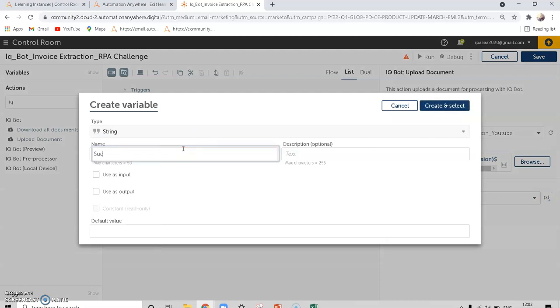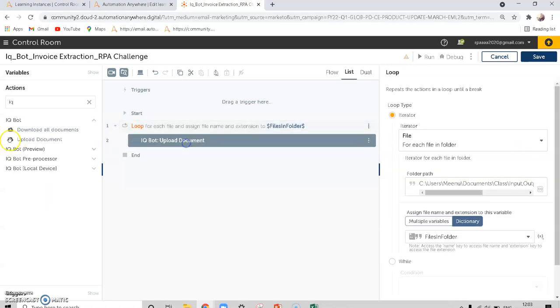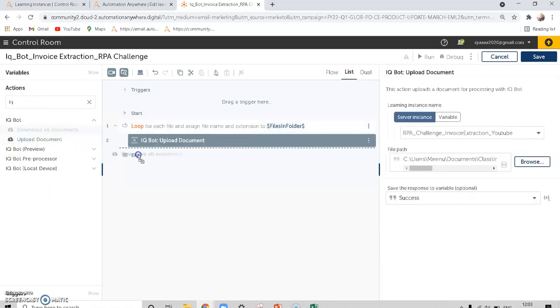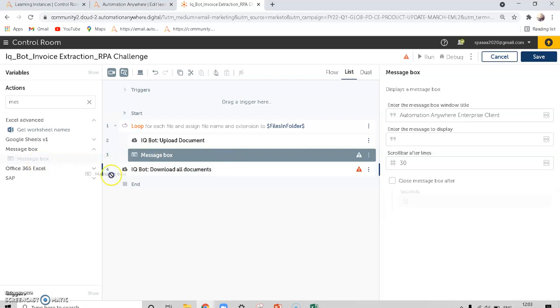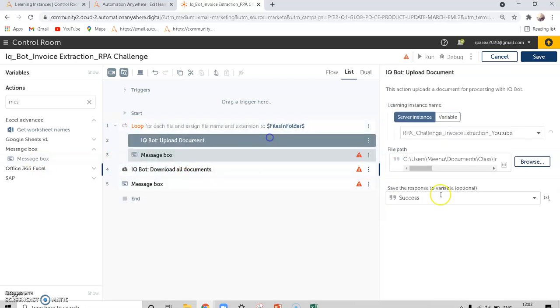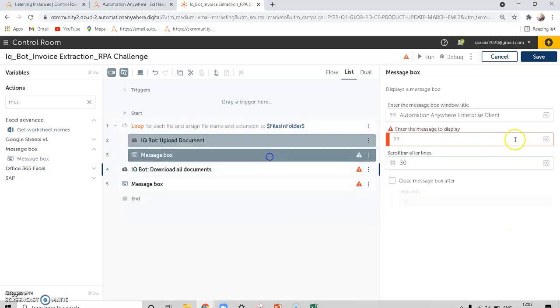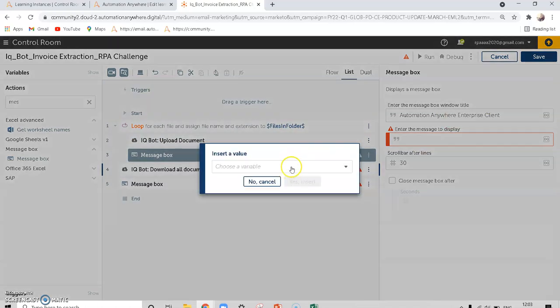IQBot files in a folder name dot files in a folder extension, and then you can choose one variable, success, and then download all the files. I'll put one message box. It will show you whether it's successfully uploaded or not, and in this message box the variable we have created, success.